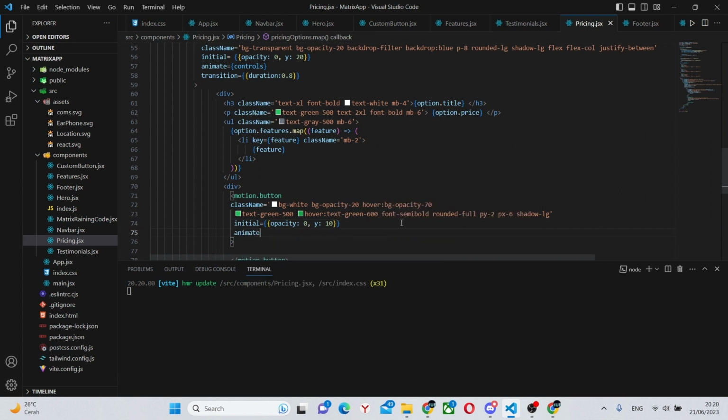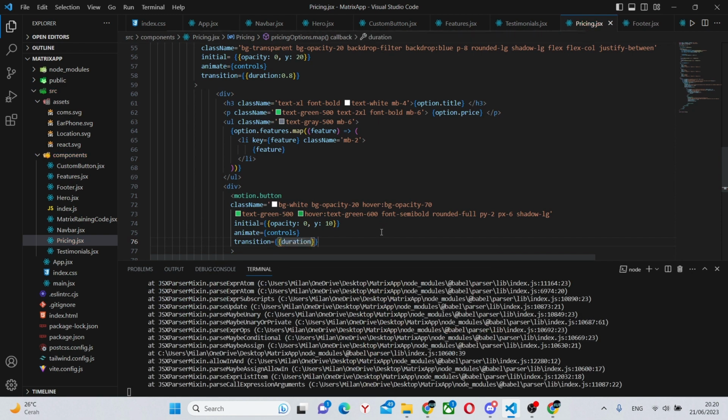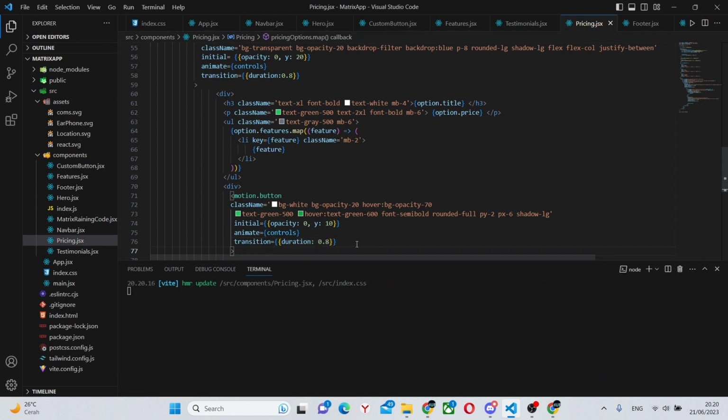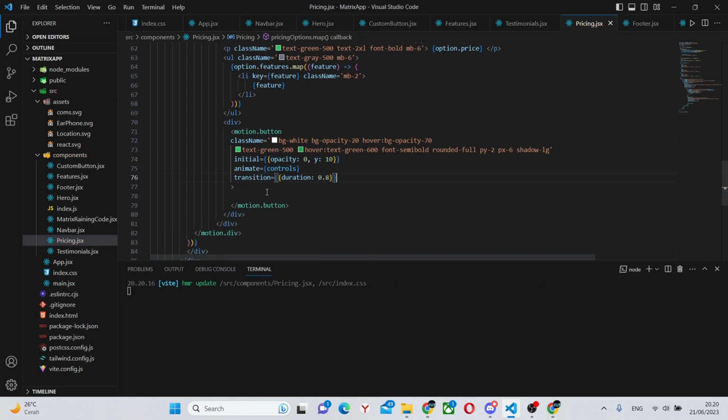Under it we'll have the animate, which will be controls, the transition is going to be duration of 0.8, and an onClick, which we'll add later. This button will say choose plan.